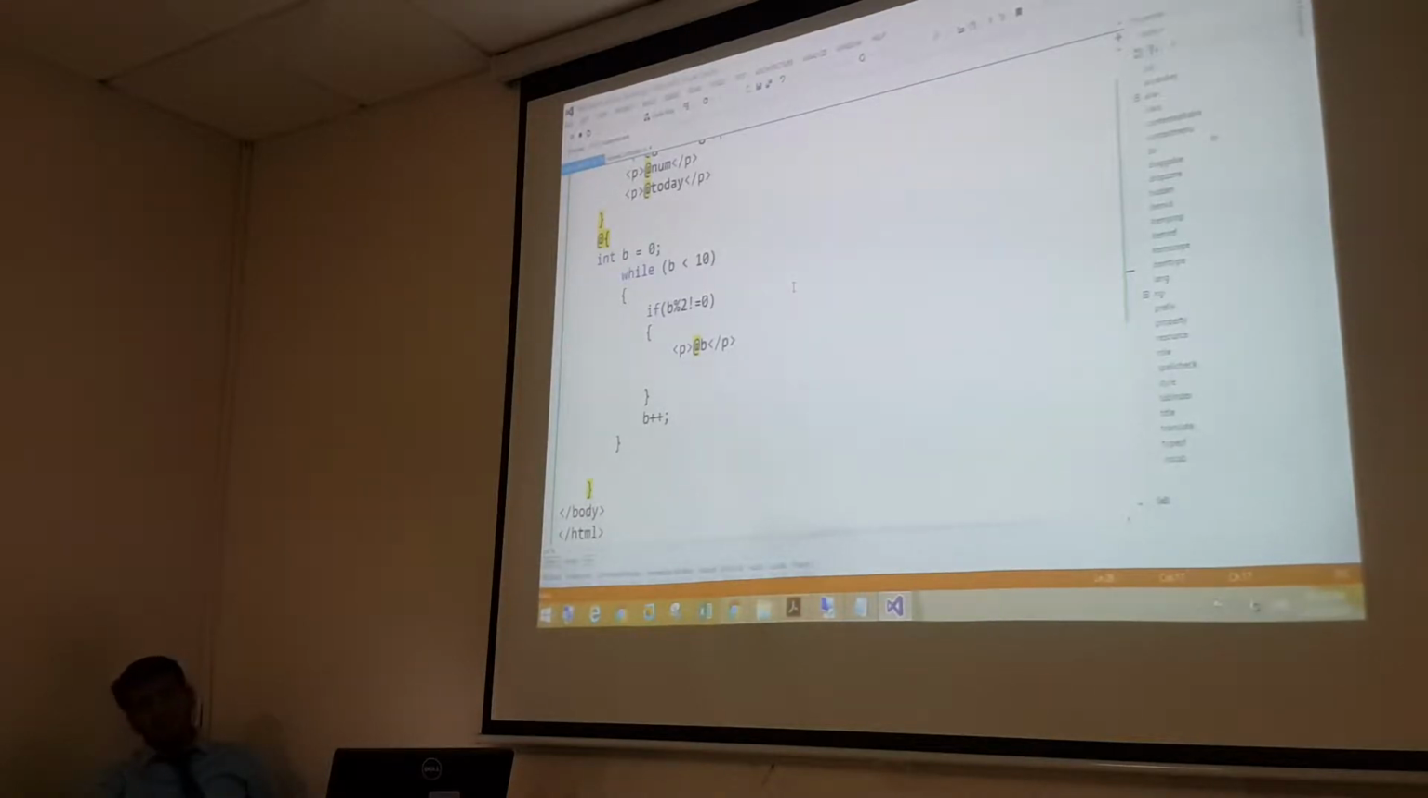Similarly, you can use it with while also. What is the difference between while and do while? Instead of writing here,